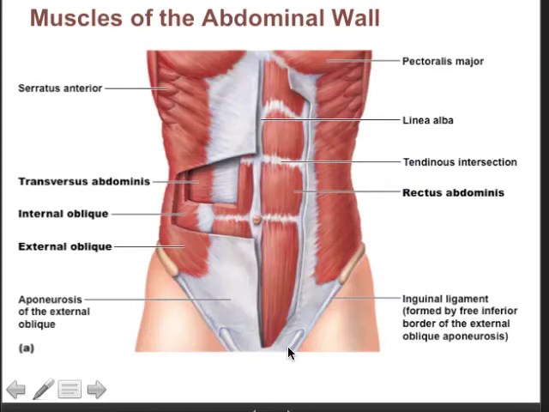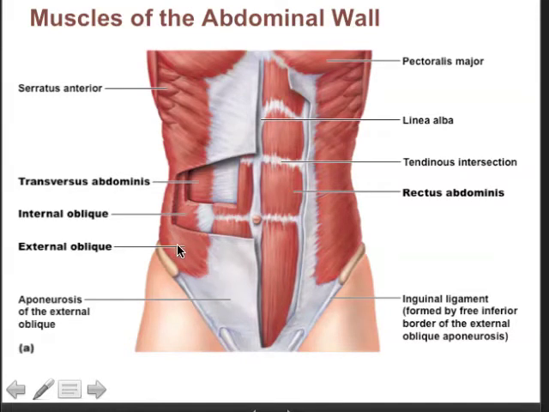These are the muscles of the abdominal wall. There are four paired muscles, and they have fascia that hold them together, and broad flat tendons called aponeuroses that form the lateral and the anterior abdominal wall. The muscles are the rectus abdominis, and it's named that because its fibers run along the long axis of the body. The external obliques, which are named such because of the direction of their fibers, is at an oblique angle